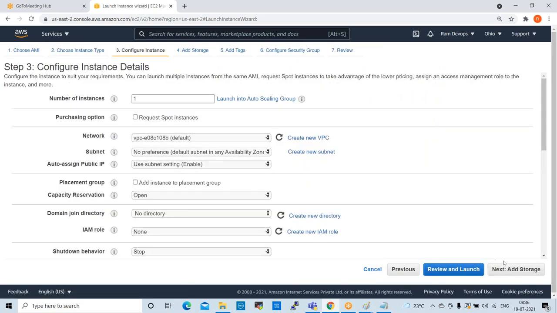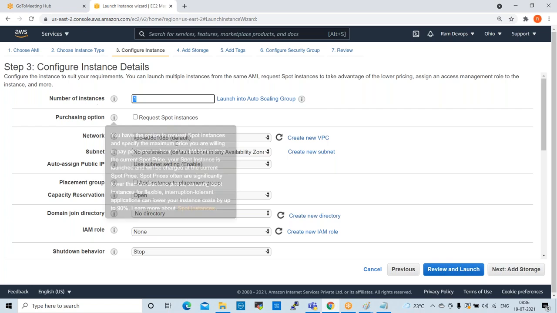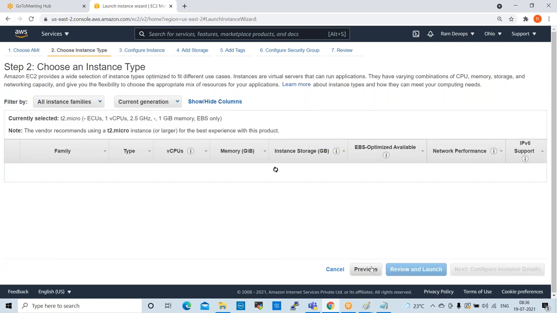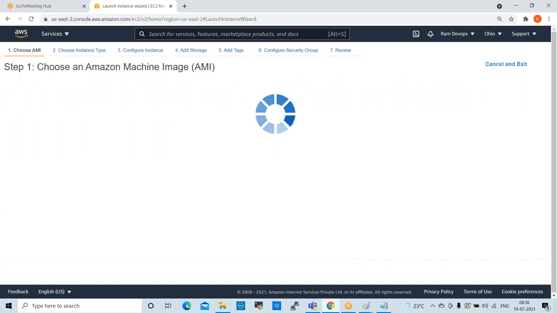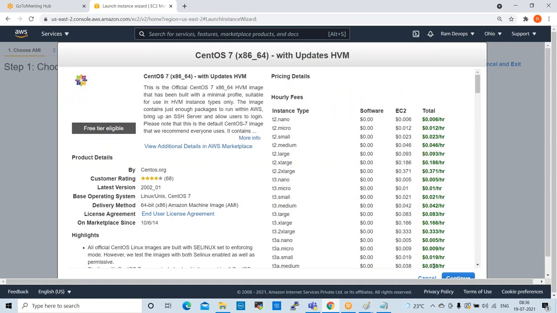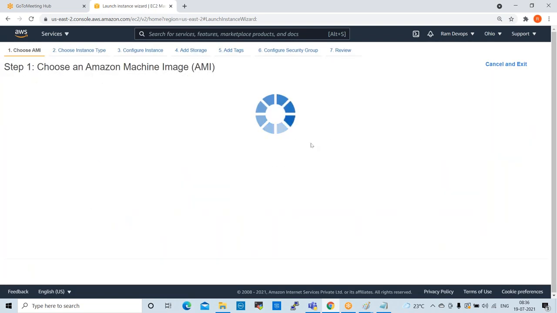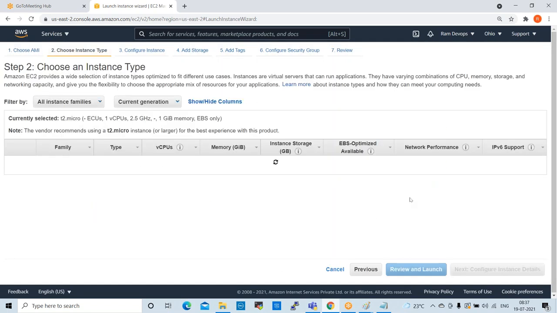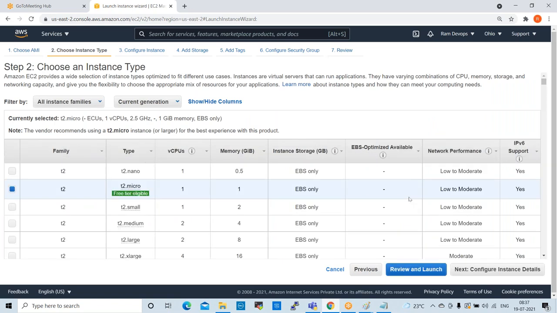Configure instance, 3 nodes. So we said T2 micro would be supported, right? But minimum T2 medium is required for the Kubernetes master.